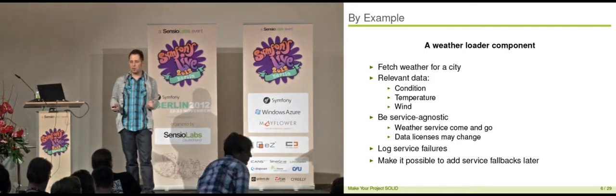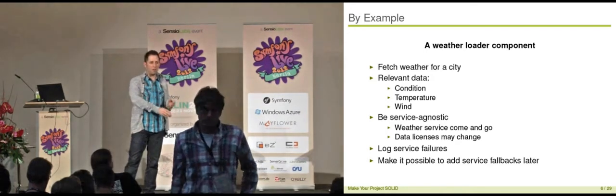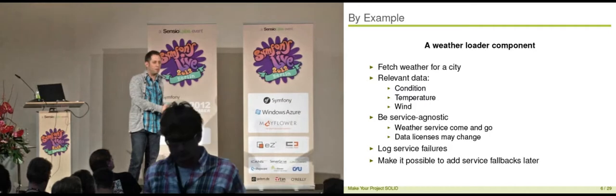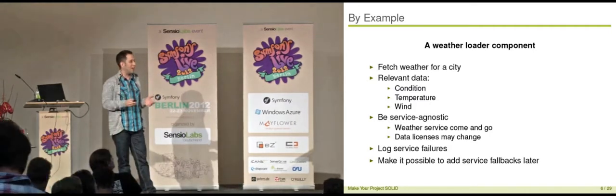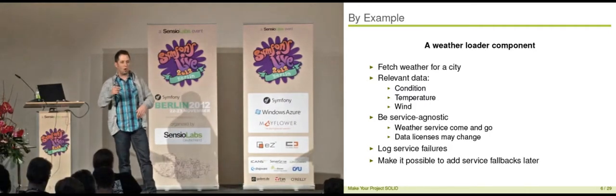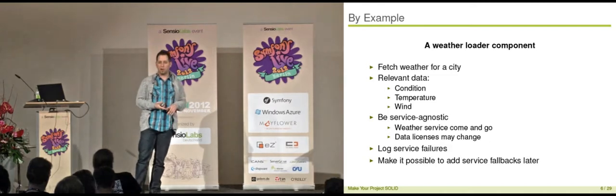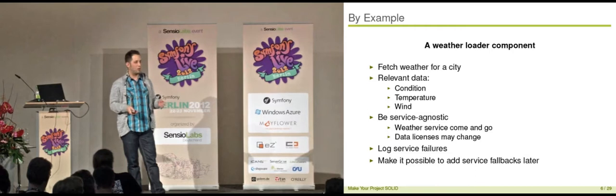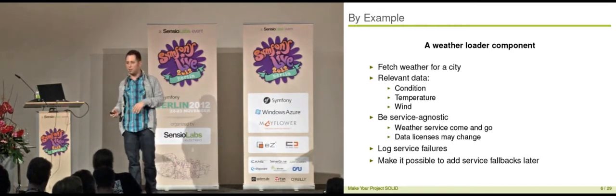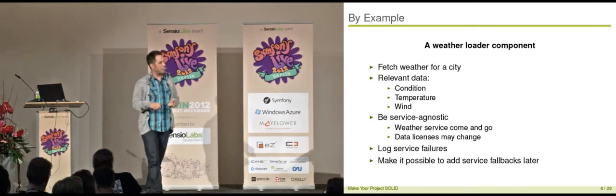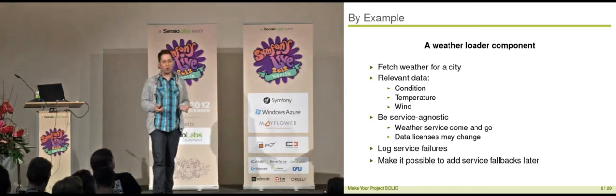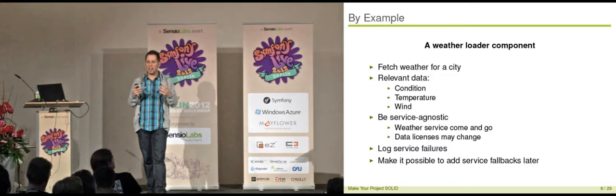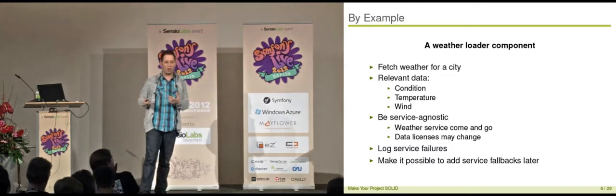The component should be service agnostic, so they first started off at the customer with asking Google for weather information, but there were thoughts like, okay, if Google shuts down the servers or if they start charging money for it, we should switch to a different solution. Also, if Google is down, they wanted to have a failover. If they cannot reach Google, they wanted to ask other providers for weather information, and such service failures should be logged. So just to give you a little bit of context on what the code examples I will be showing are about.